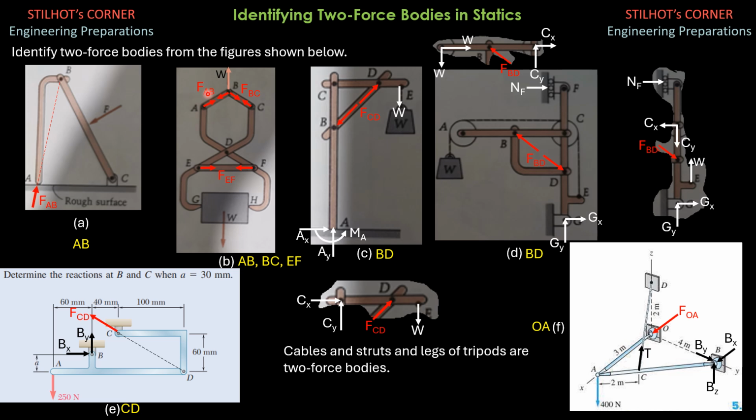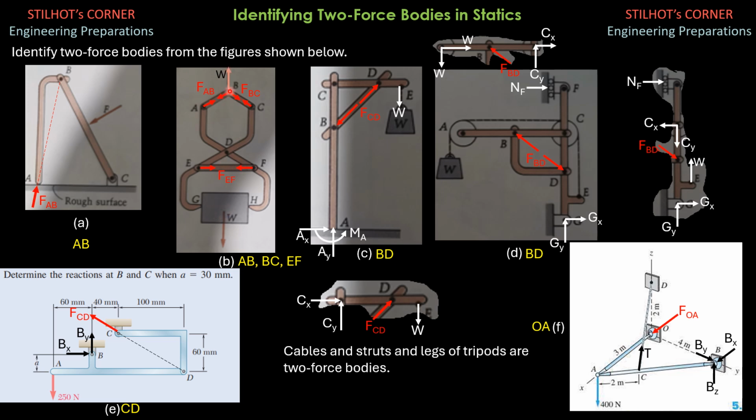Then in this part, there are two-force bodies, namely AB. If you look at A and B, there's no force in between, or there's no load in between. BC also, there's no load in between. If you draw the free body diagram of joint B, then we have W, the weight, upward, because the weight this system supports is W. So that must also be W.